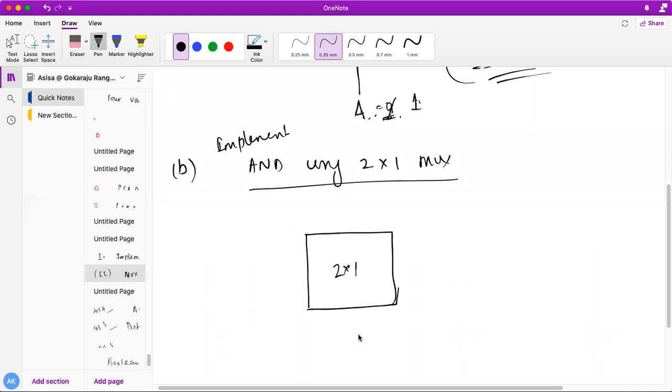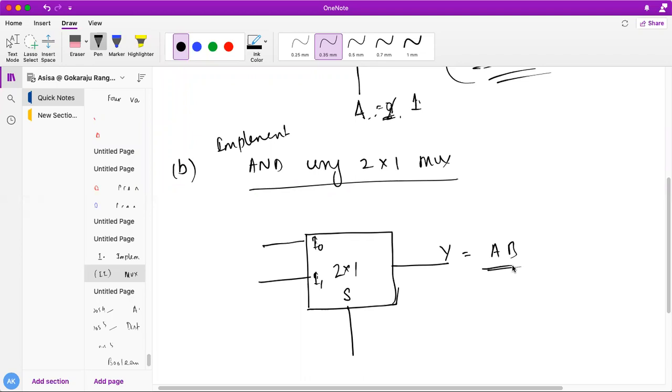Next thing you need to do here is very simple. You just need to understand what is the thing here. 2x1 means obviously there are two inputs, I0 and I1. Always remember, write the possible inputs inside because you have to connect something here. This is my select line S, and I'll be expecting Y, nothing else, my AB, because AND gate is AB. I'll be expecting my output should be AB.